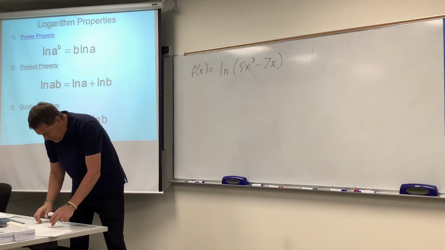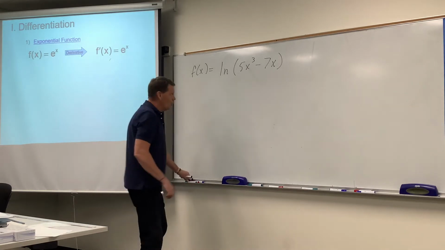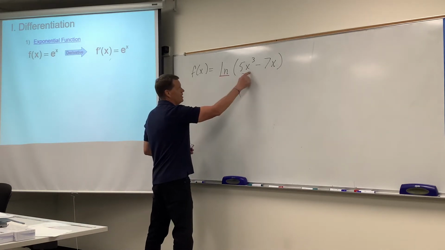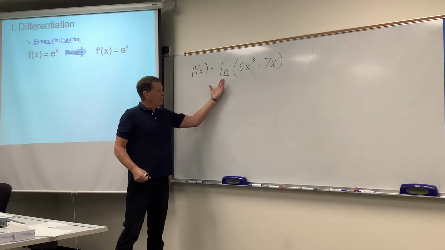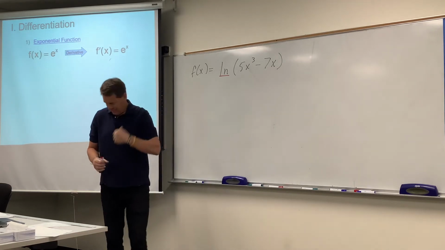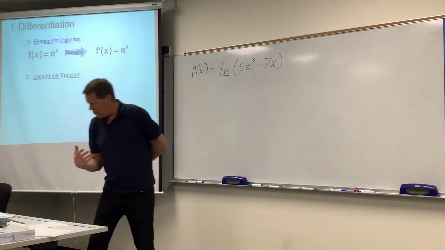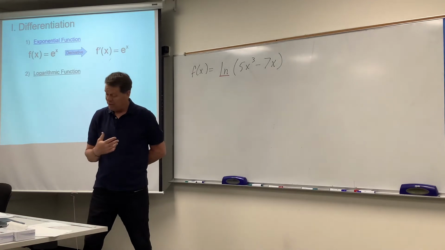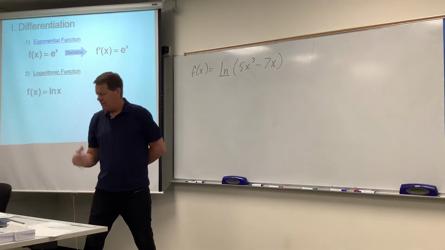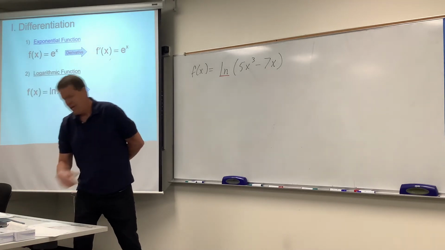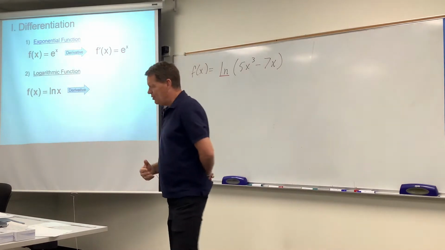Now, I think the key question at this point becomes, I get it. This is going to be chain rule, because that's outside, that's inside. So wouldn't the first question here be, how do you take the derivative of the natural log of something? If you go back to Roman numeral 1, how do you take the derivative of a logarithmic, more specifically natural log? Well, if your function involves natural log, its derivative from the definition of derivative that we introduced a long time ago in chapter 3,